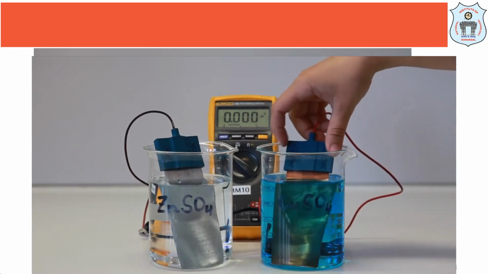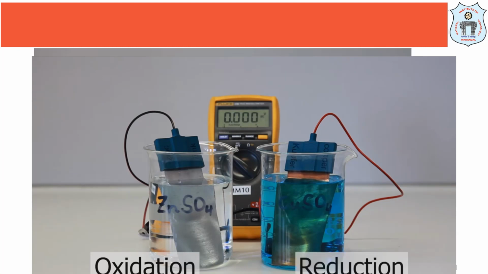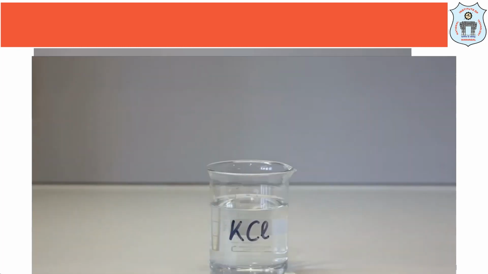The zinc will oxidize and the zinc ions will enter into the solution, and whatever electrons are formed will remain on the sheet. As it is connected to the external circuit, these electrons will pass through the external circuit and reach the copper surface. So copper ions in copper sulfate will absorb them and will become solid metal copper. So copper gets reduced. The multimeter will be showing 0 reading till now, because these two electrolytes are not connected